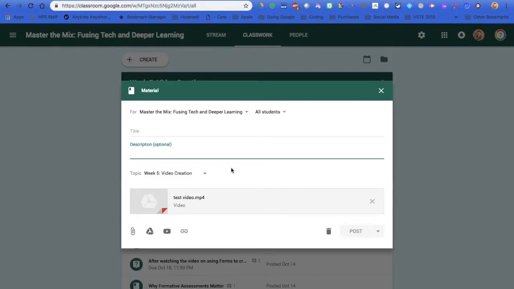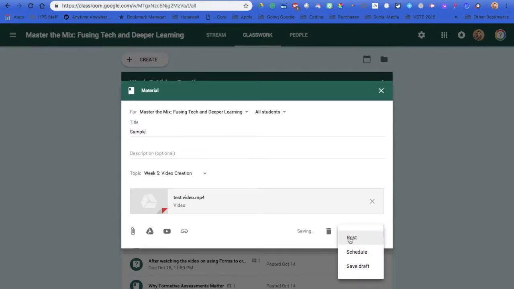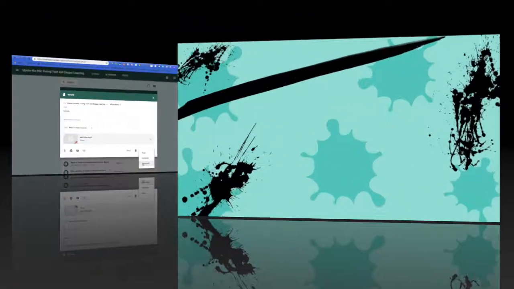Although in the case of a video, you kind of want paper so that they can watch the video and answer and do the practice that goes with it while they're watching the video without having to flip back and forth between screens. But that is just a suggestion. So of course you need a title here. Then you can decide whether or not you're going to post or schedule it or just save it as a draft for later if you're not quite